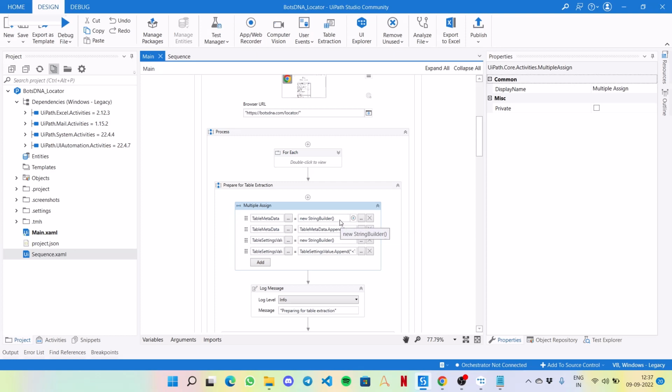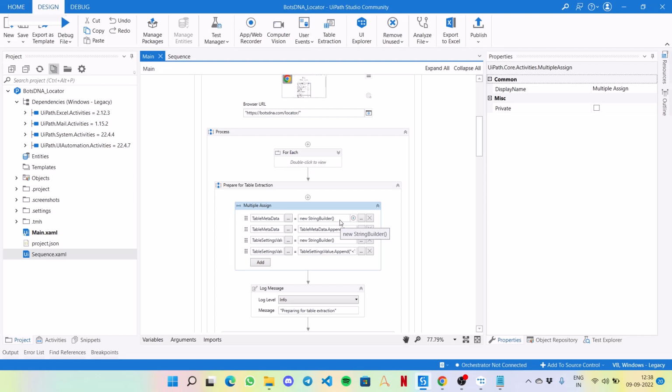Here I am using a string builder. I could have used a simple string concatenation, but I am using a string builder. A string builder's work is to concatenate multiple strings, and the reason I preferred it is memory utilization. A string builder will not create a new object every time I add a new string and new line to the variable,